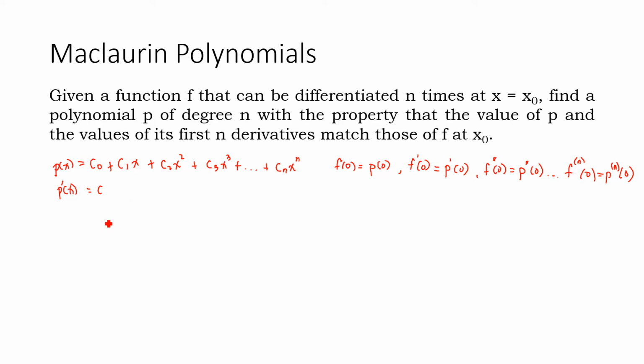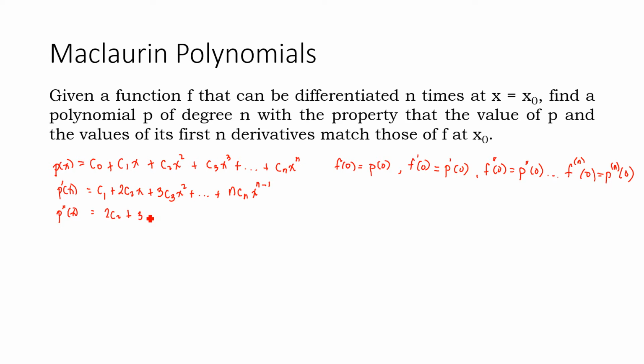You have first c sub 1 plus 2 c sub 2 x plus 3 c sub 3 x squared plus so on, plus you have n c sub n x raised to n minus 1. And in this case, our second derivative of p of x would be equal to 2c sub 2 plus